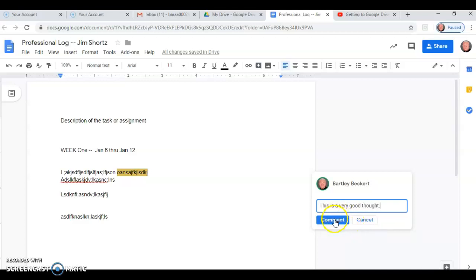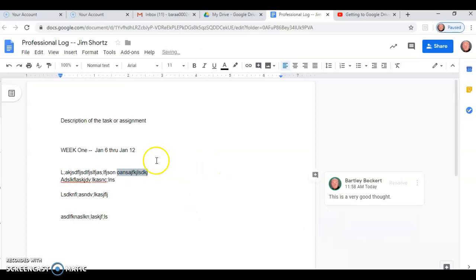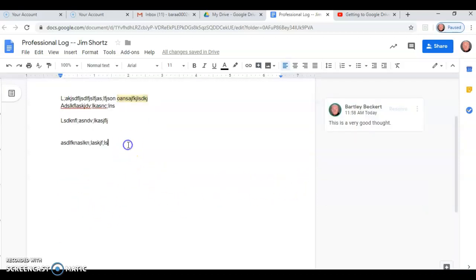And then you can just attach it as a comment. So now this becomes an ongoing living document. You've got a comment there. Then after you've read it, you could come in and add the next week, week 2, which would then be January 13 through January 19. That would be an indication to the teacher candidate that you read it and that they're ready to go